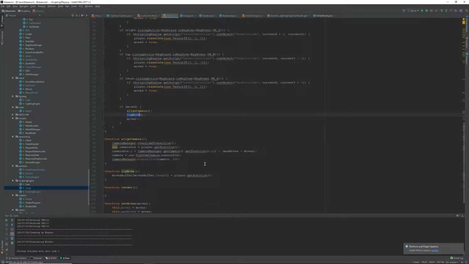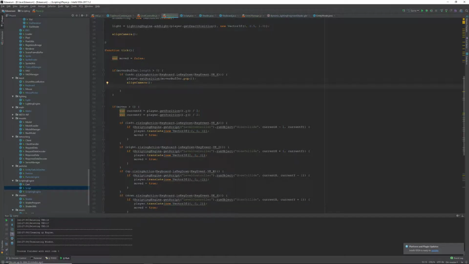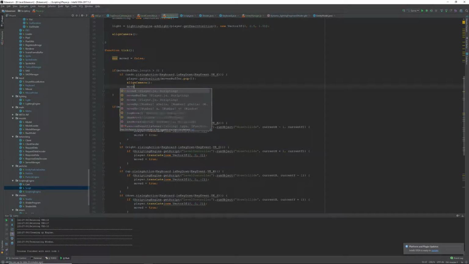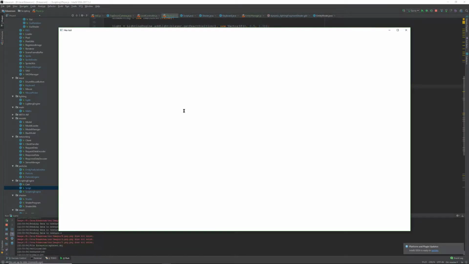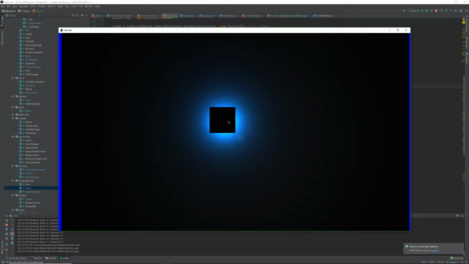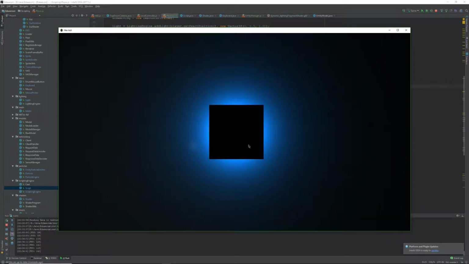And then we're going to do some other cool stuff. We're going to call the align camera function. And then we're going to say moves plus plus. Let's see what happens. So if I press E currently, nothing happens because we don't have any moves stored. However, if I move in and then press E,